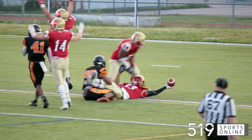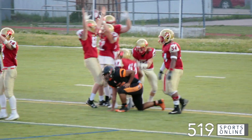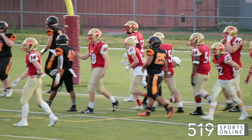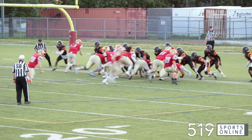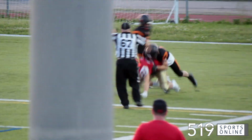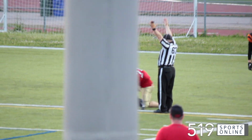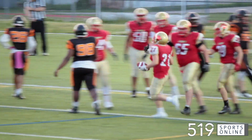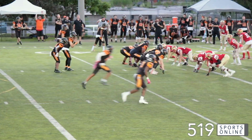The Lions taking over possession on the 1-yard line after a big play by Gilpin, and they capitalize on the turnover. Elijah Paulson fires to the end zone. Ian Kuwabara with the catch. Touchdown Lions. Kuwabara giving Cambridge a 10-2 lead late in the third quarter to the fourth, and the Sooners looking